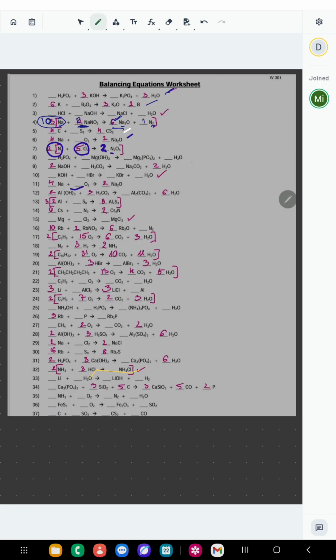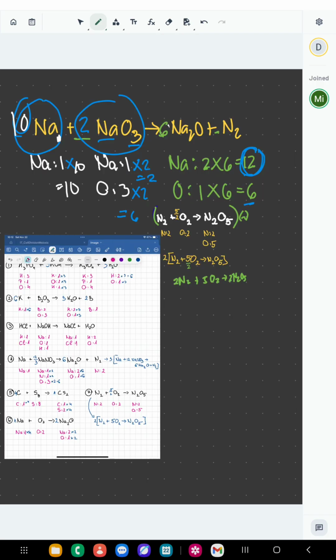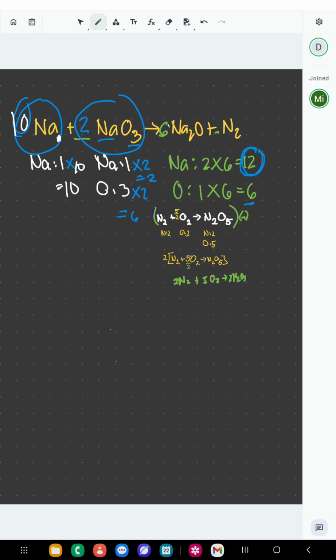Can you go to the next? Yeah, let's go to the next page. Can you clear this board? All of this, so I can write the problem here. Oh, here. Okay, so we have